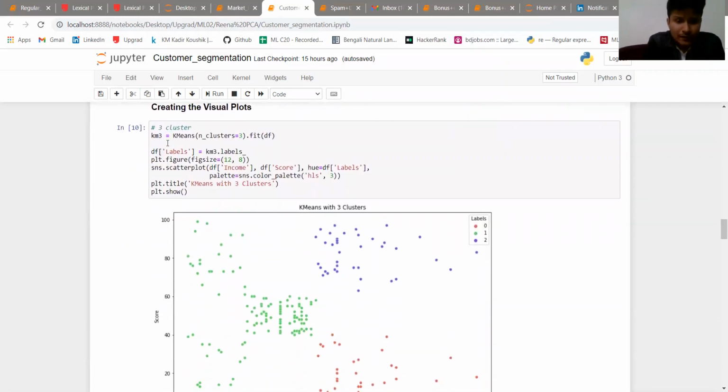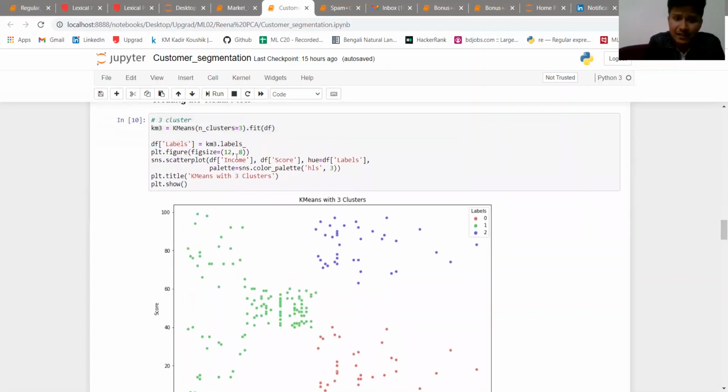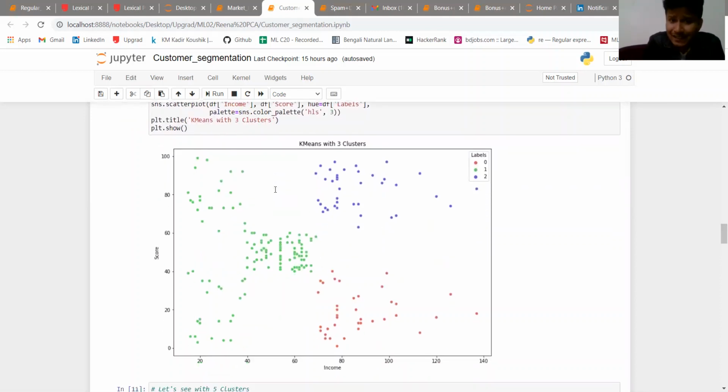This is after fitting the algorithm in k-means. Now we have the labels and we have taken 3 clusters. So why did I say market domain knowledge is important? We know that this analysis is based upon spending behavior. So when we take 3 clusters here, all the customers here are in one cluster, this is another cluster and this is another cluster.